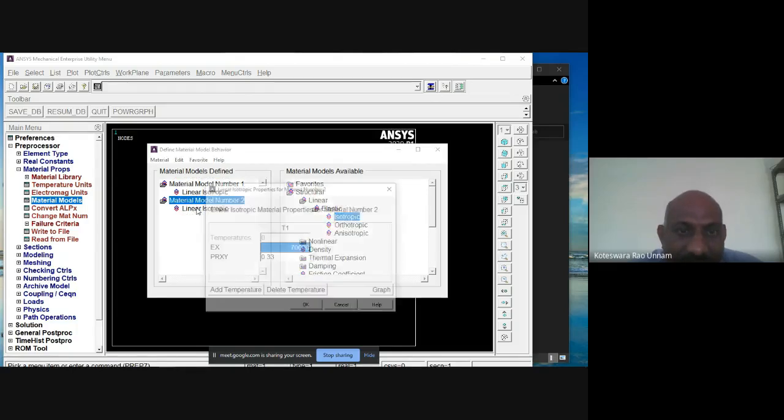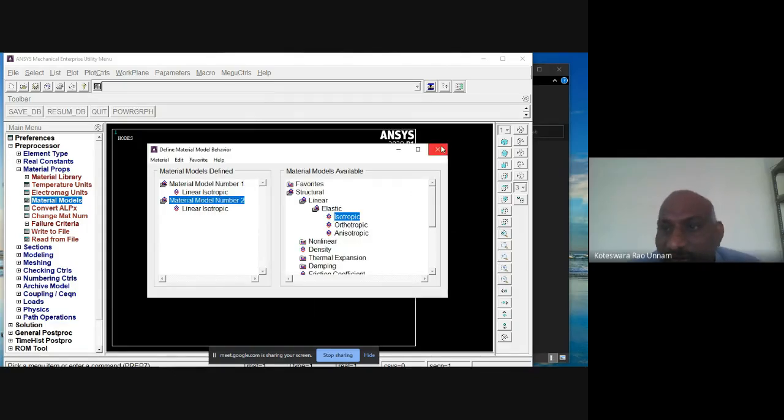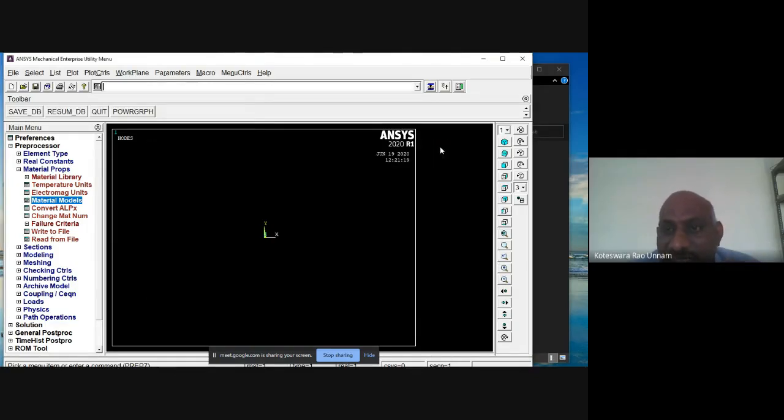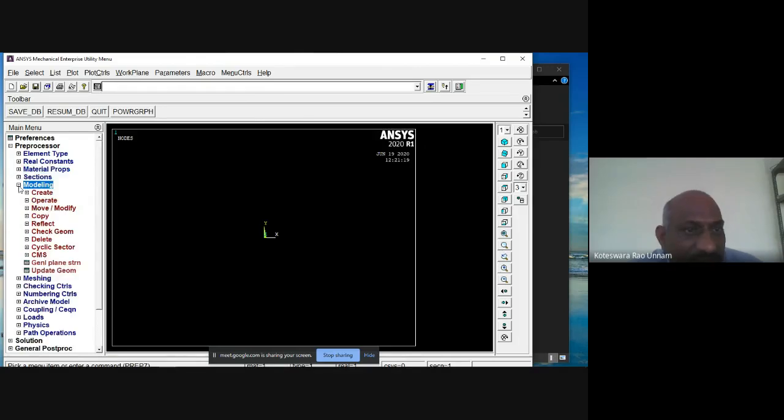And Young's modulus and Poisson's ratio of aluminum we define under material 2. So therefore, while defining the materials for the inner and outer cylinders, we need to take care of those two. Okay, so once you define these attributes, then we'll create the geometry first. So geometry is nothing but sectors here. So sector of 90 degrees, 2 sectors.